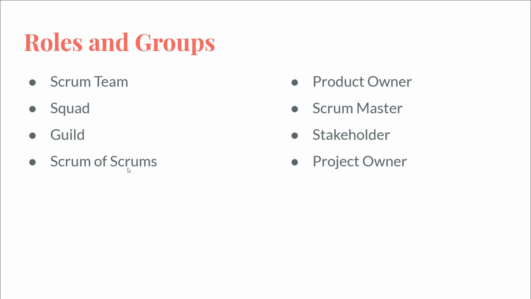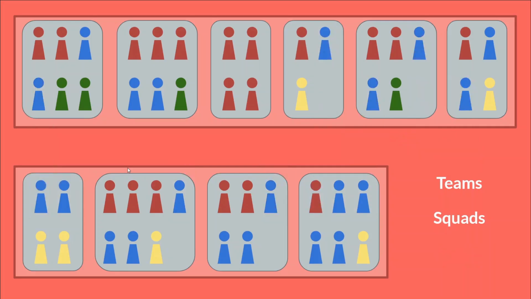A scrum of scrums, if I go back to that previous screen, is a meeting of people, usually the leadership of different teams or different squads across different teams coming together to discuss something. So this is usually when the people who work on the website and the people who work on the mobile app need to have some type of communication around how data will be structured and shared between these two teams. And so they need some way of getting a routine communication set up around that.